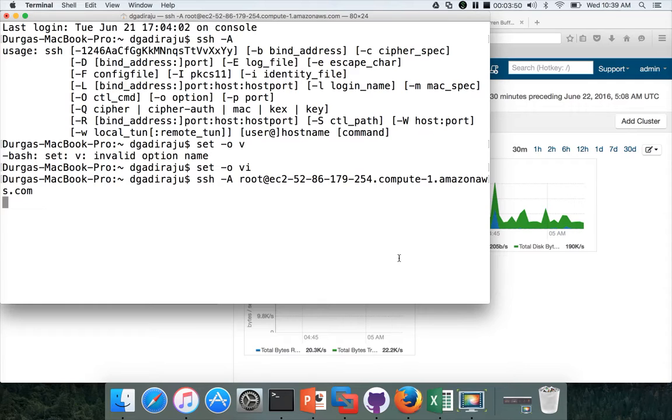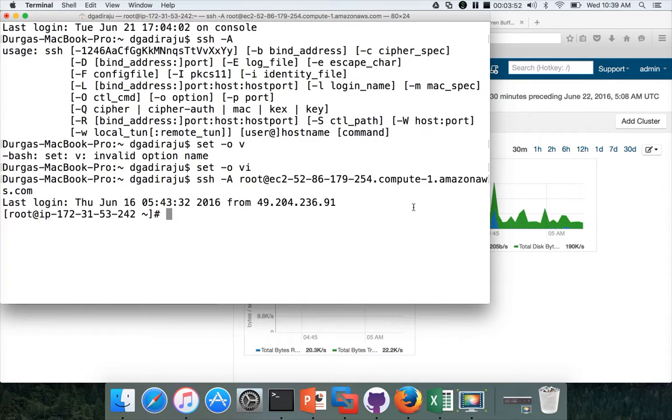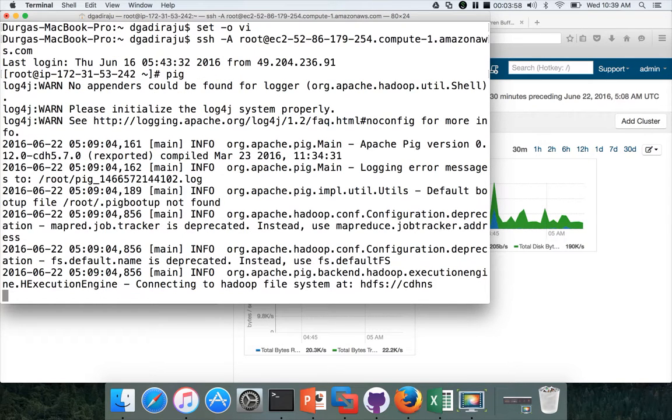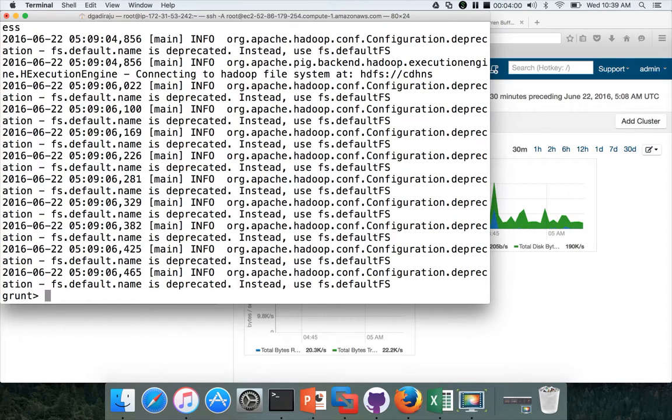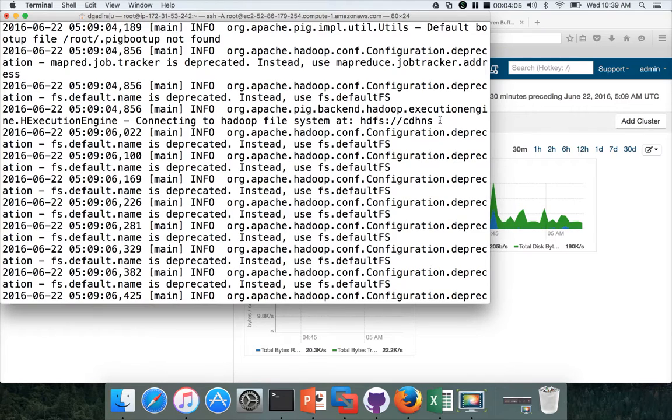EC2 instance, and then you can launch Pig, and it will launch the Pig command line interface, which is called Grunt. And if you see, it is connecting to this HDFS. It goes through the parameter files under /etc/hadoop/conf by default, and it will try to use that cluster.